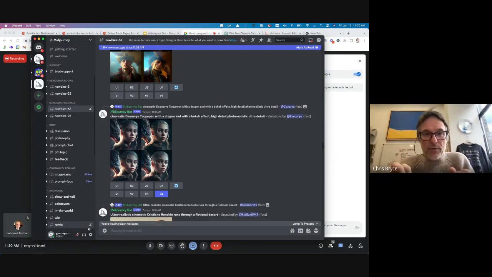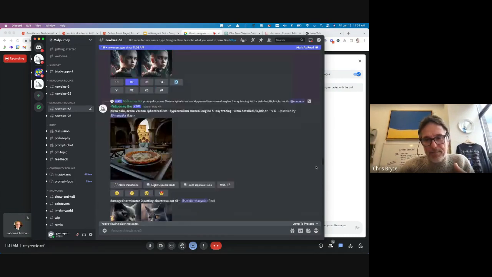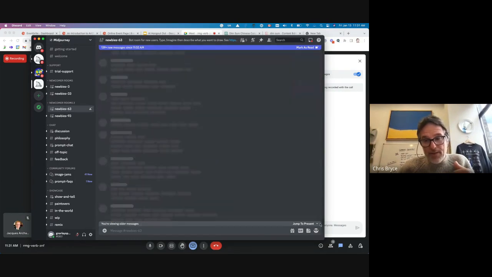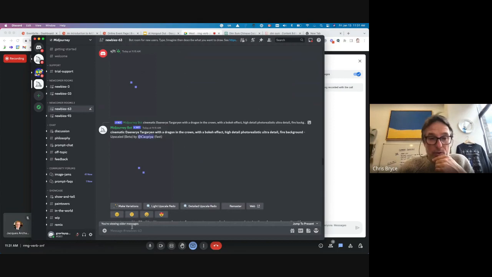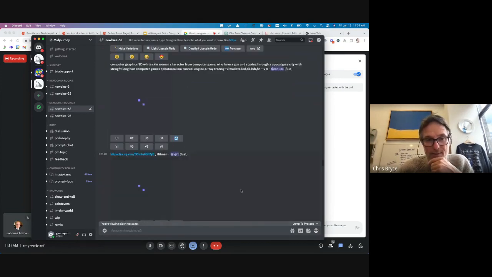However, it's also very unique in that Discord can integrate into other systems through APIs, and that's what you're seeing in front of you. I'm on a Discord server called Midjourney, which is a contextual creative AI bot, where we can, in a text type of format, tell this tool to create cool stuff for us.